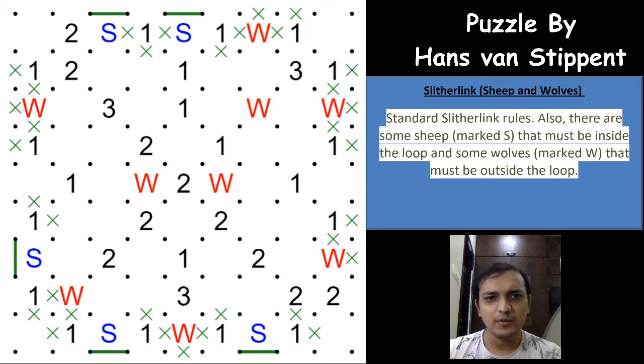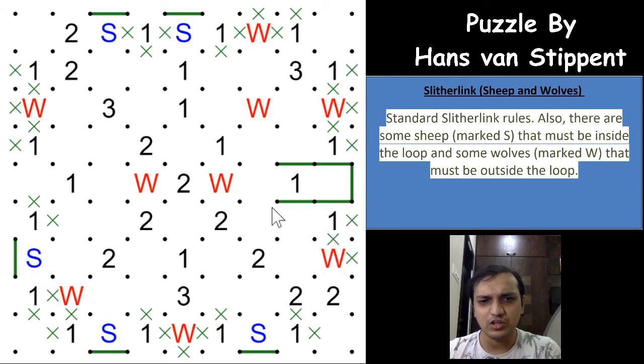Excellent, the pattern here is this. So if you have a loop segment here, you will have to come down, you will have to go towards the left. And now if you see, the loop segment cannot close in itself, a small loop will be formed. It can neither go up, right? If it goes up, you will have 2 for this one, so it has to go towards the right. Again, this loop segment cannot go down and cannot go left. If it goes down, you will have 2 for this one. If it goes left, you will have 2 for this one, which means that all of these are crosses. Nice.